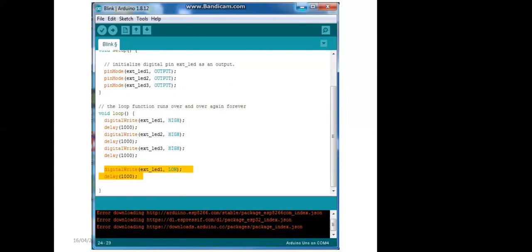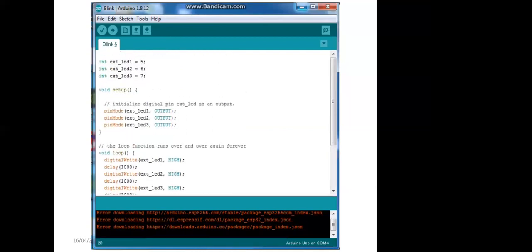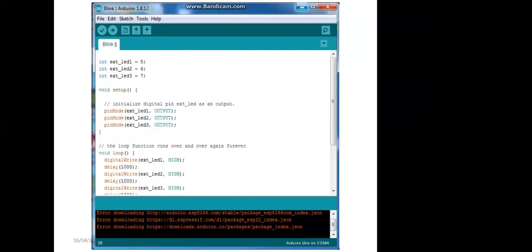And the same way external LED 1 low for 1000 milliseconds, external LED 2 low for 1000 milliseconds, and 3 also low for 1000 milliseconds. And now the changes have been made. So these changes are enough, and that will do now. Okay.